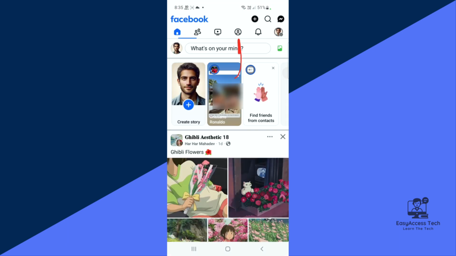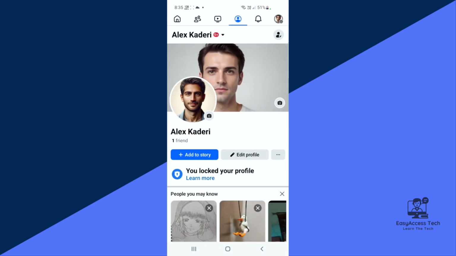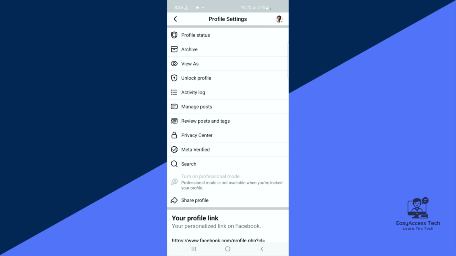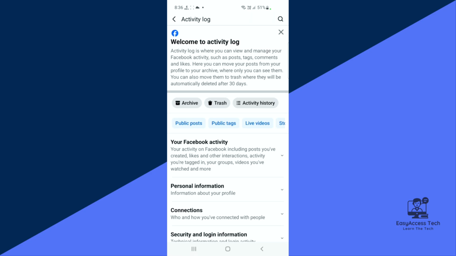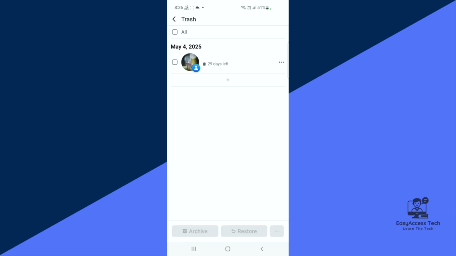Now just navigate to your Facebook profile by tapping here and just tap on this 3 button here. From here, just tap on this activity log. Now you can see there is a trash icon or written trash. Just tap on this. You will find all the posts or all the photos which you have deleted before, and just tap on this